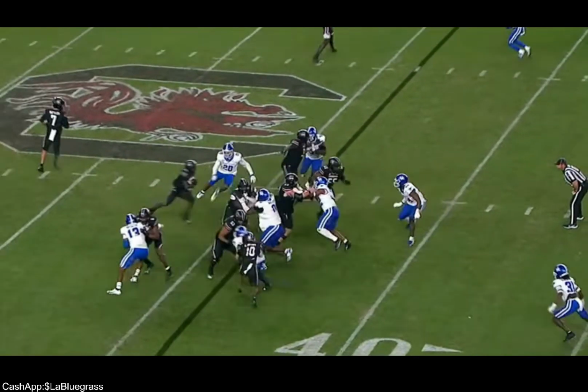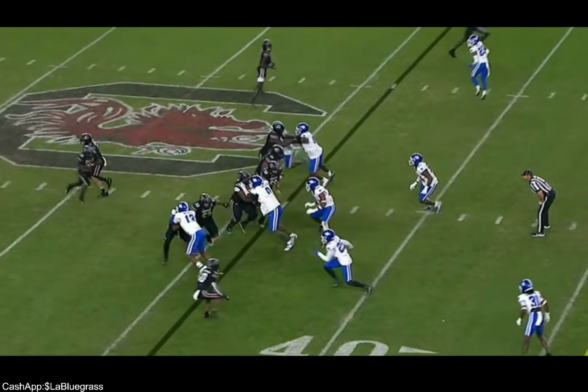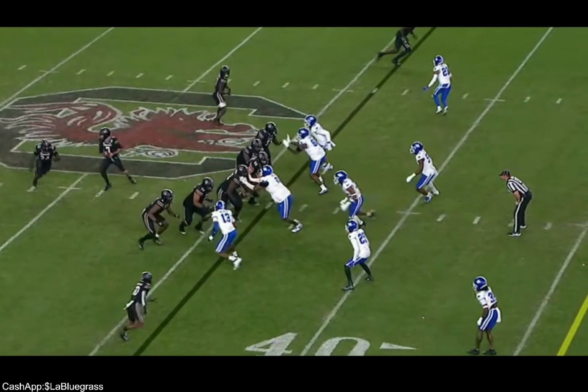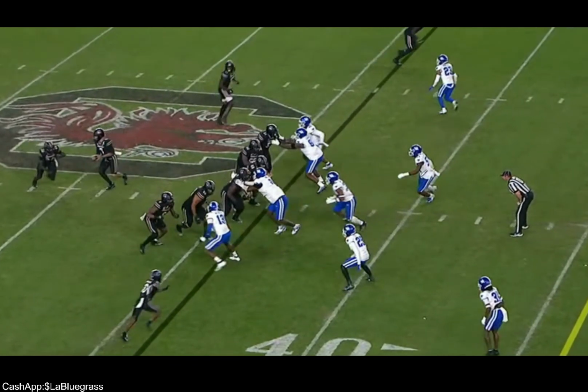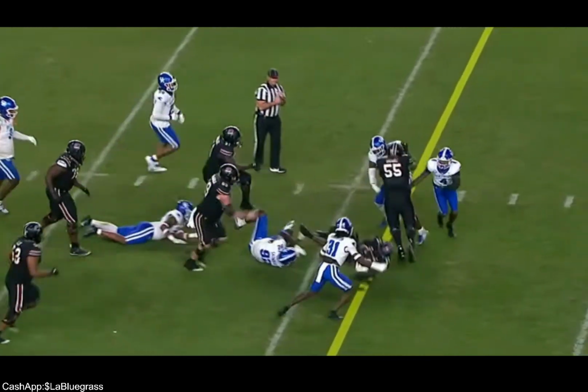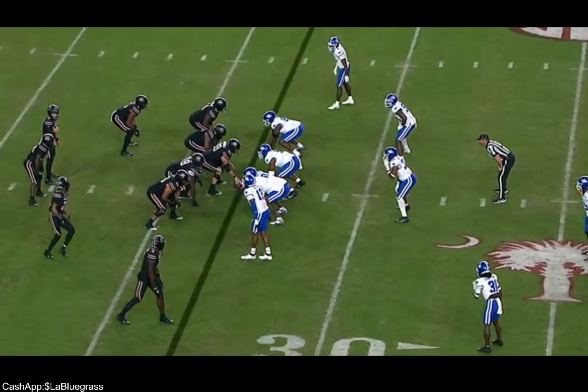D-Jack has to come. I don't know what gap he has, but wherever his gap is, he needs to attack it now. You can't run sideways. You let these guys climb on you, and then it's hard because when them big 300-pounders get their hands on you, like right there, it's ball game. It's hard. So now they marching.